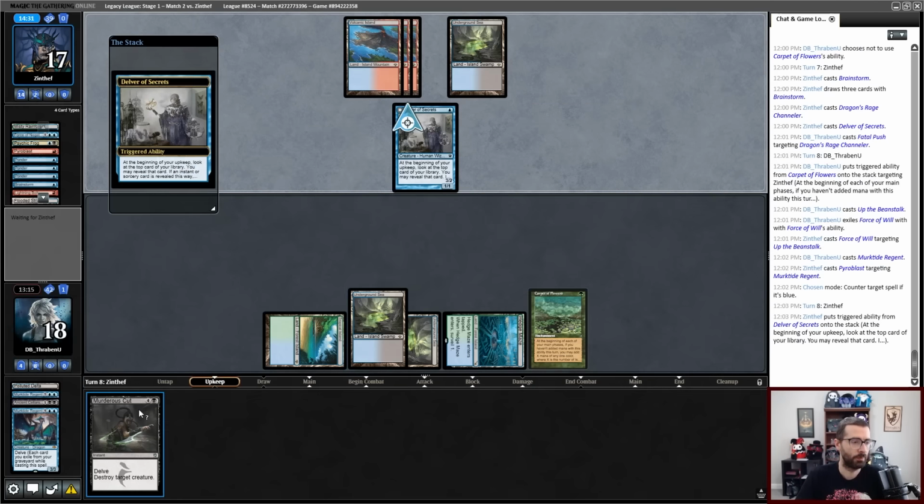Yeah, and I can even cantrip into Up the Beanstalk here. Yeah, I think I'm fine with that. Life total is a resource, and we're going to use it as such. This is kind of the point of the game where I wish Ancient Cellarspawn was just an Uro, though. That's not what I want. So now I will probably just kill the Delver so it doesn't deal 6 to me. We can just full price Murderous Cut that,